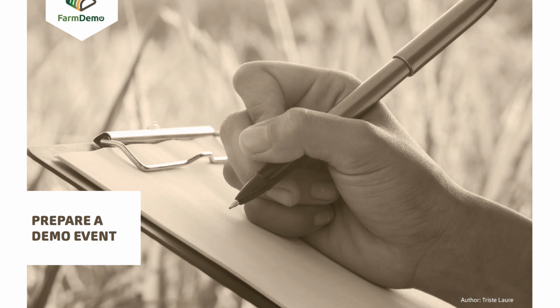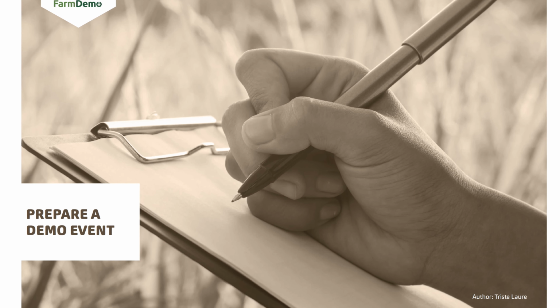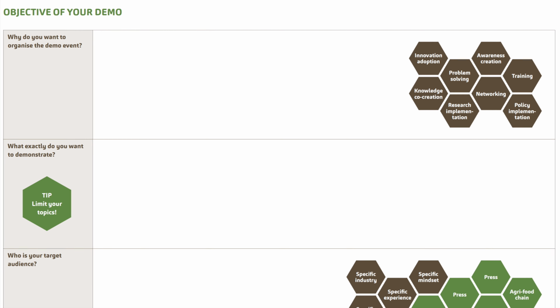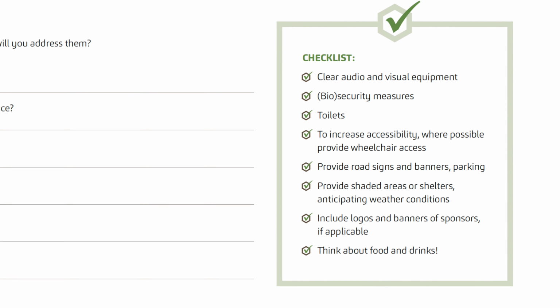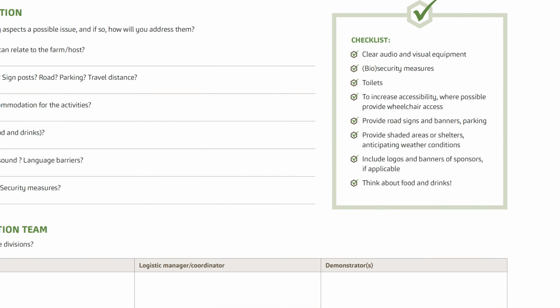I guess everybody who has organized a demo event knows that feeling. At the beginning of the organizing process, 100 ideas run through the head of the organizing team. How can you deal with this in a structured and creative way? The training kit provides, for example, a tool to brainstorm with your team on the organization of your demonstration event. It helps you to structure the many ideas and to keep up the creativity. It also helps you to consider all the relevant aspects to decide upon during the preparation, such as objectives, timing, facilities, and all the criteria for selecting a suitable host farm.